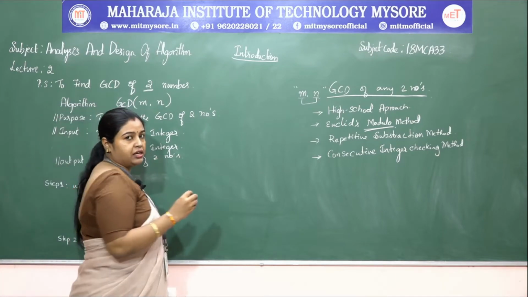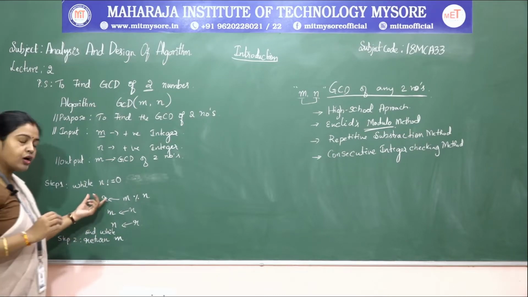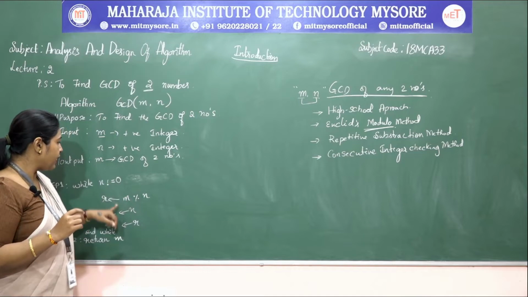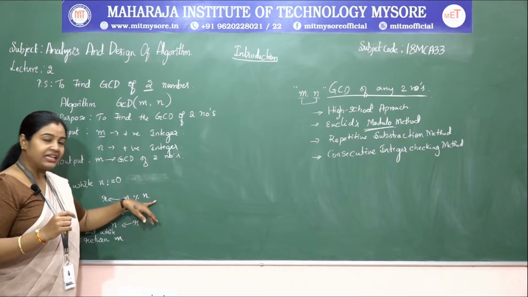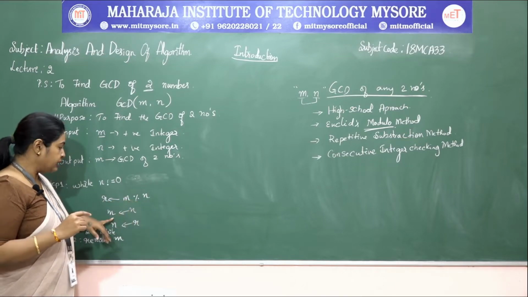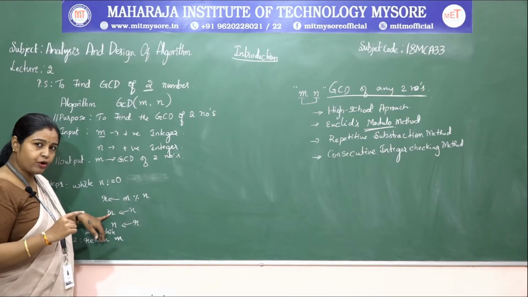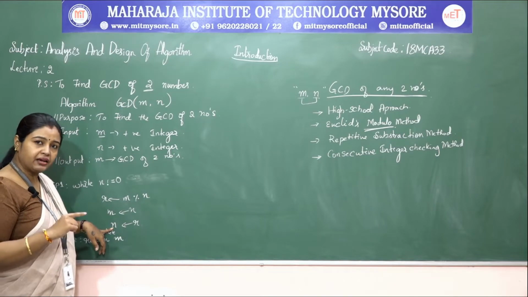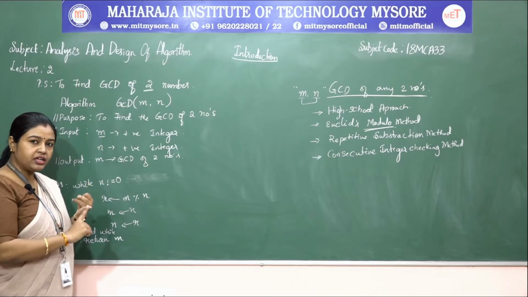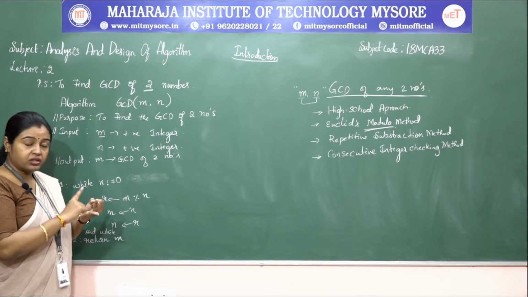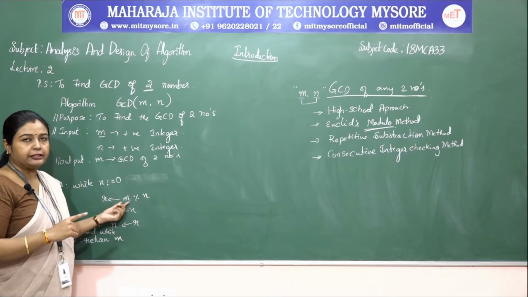In order to trace the algorithm, let us first look at the procedure we have written. According to this procedure, we have the operation r is equal to m mod n, and then we need to perform the assignment operation. We should have a value for m and a value for n, which keep changing based on this condition. So we need to check the condition, see the first value and the second value, and then proceed with calculating the remainder value.